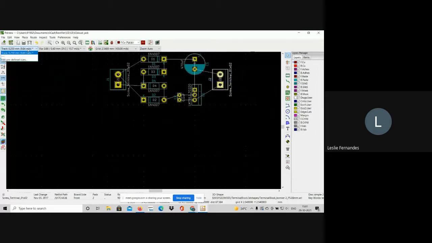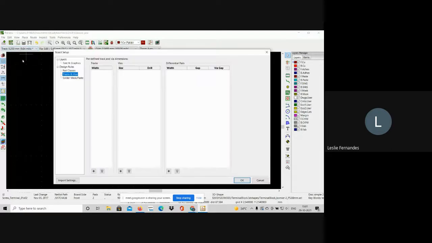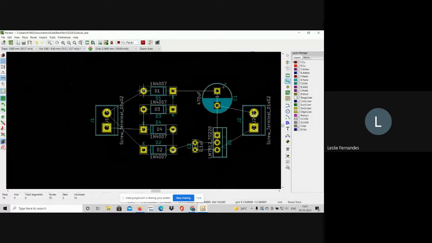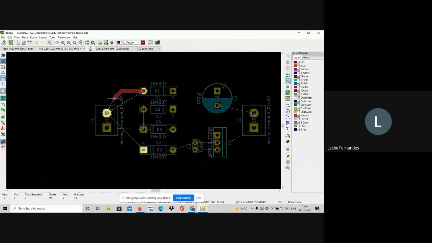So I'll go to track and I will click on edit predefined sizes. And over here in width, I'll give a track size of say 1 mm, and another track size of say 0.5 mm. And click on OK. I'll select a track of 1 mm and start building all these tracks. As per this rat's nest, I will connect all these components. I'll do all the easy connections first.